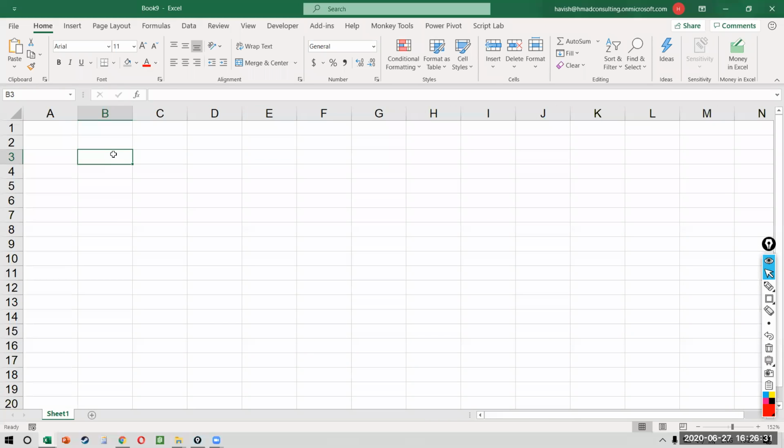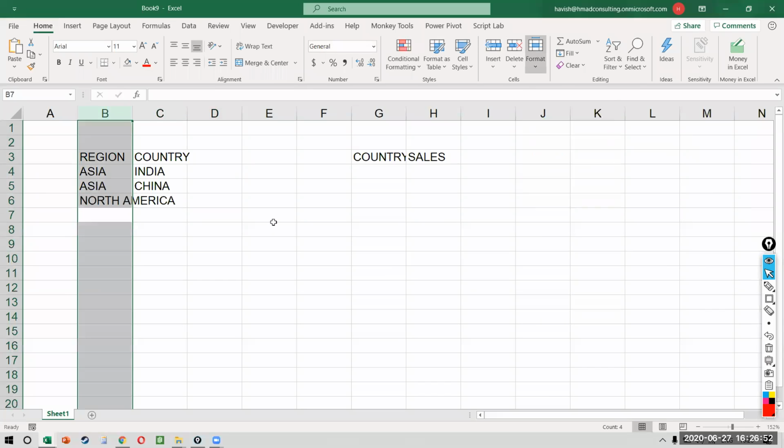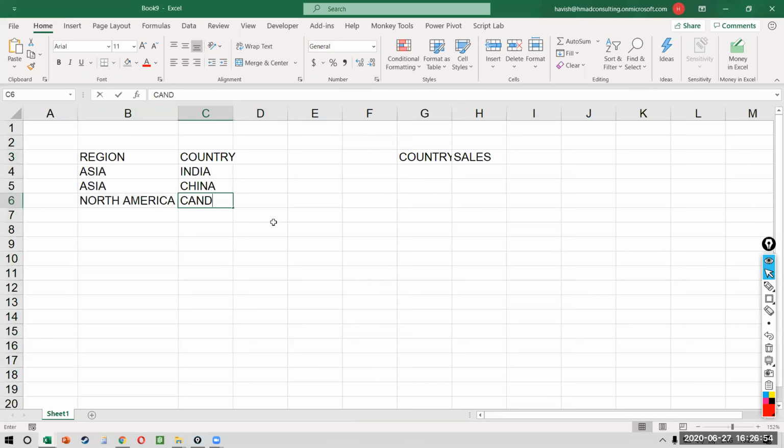All right. So everyone, this time we have our region, and then we have the country, and we have the sales amount. So we're taking a simple data set where we have Asia with two countries, India and China, and then we have North America, which has, let's say, Canada and Mexico.